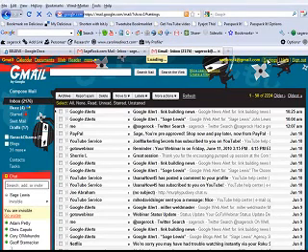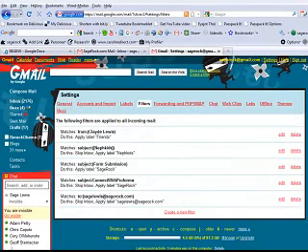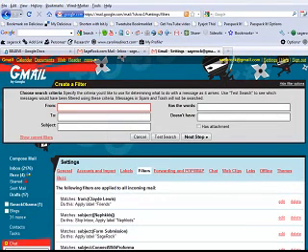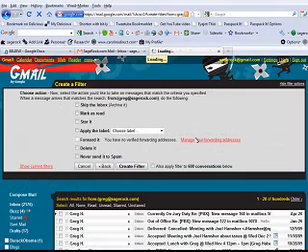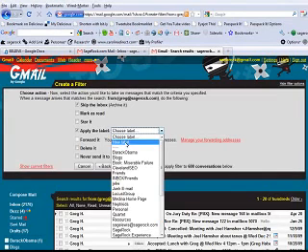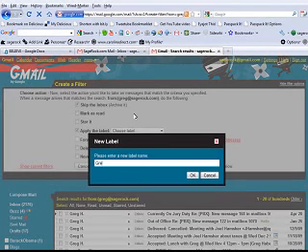If you go to settings, you'll find filters in the settings section. If you've never checked these out, you can create a new filter and say any message from Greg@sagerock.com goes here, and then you can do the next step. You can do whatever from to, or it has certain words, and then it'll go to the next step, and you can say skip the inbox, apply a label to it. I could make a label of Greg.